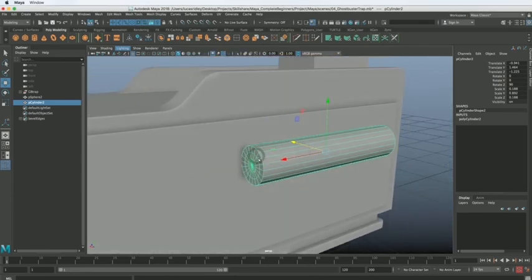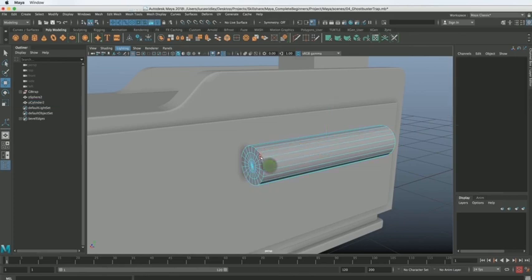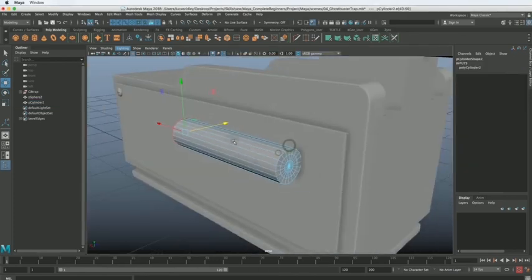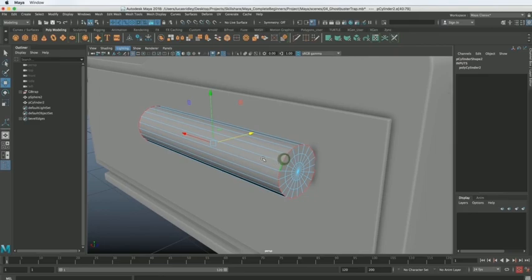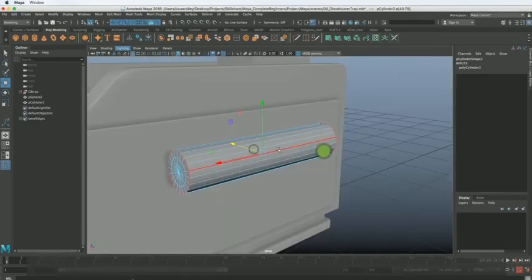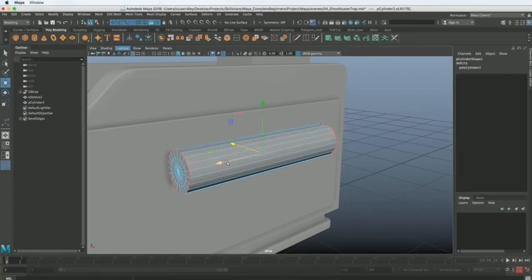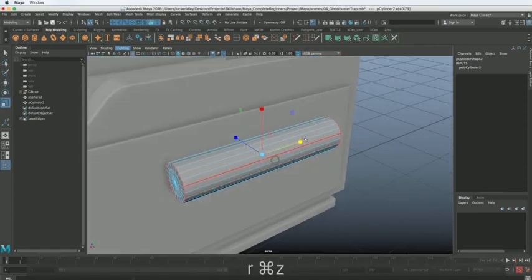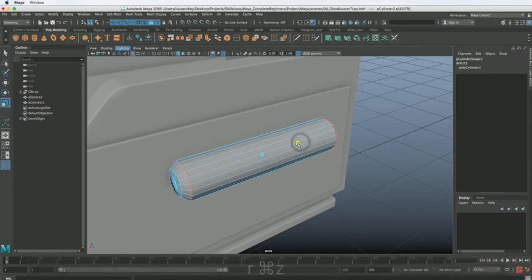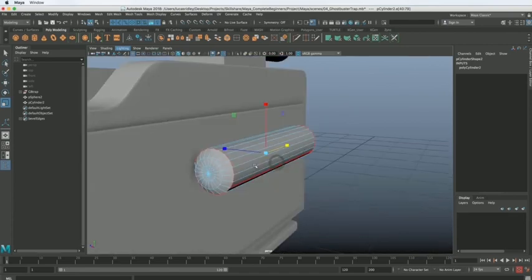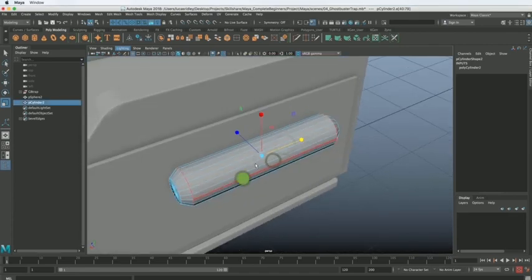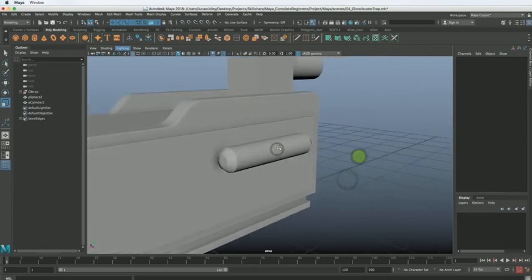So the next thing I want to do is go into edge mode, and the reason why we added these caps is I'm just shift and double clicking them to get the edge loops. If you look here, you can see it kind of has this bevel. We could actually bevel it if we wanted to, but let's just have a little more control over it in our own way and scale these 2 edge loops in a little bit. And it does pretty much the same thing. So now we've added that detail ourselves,